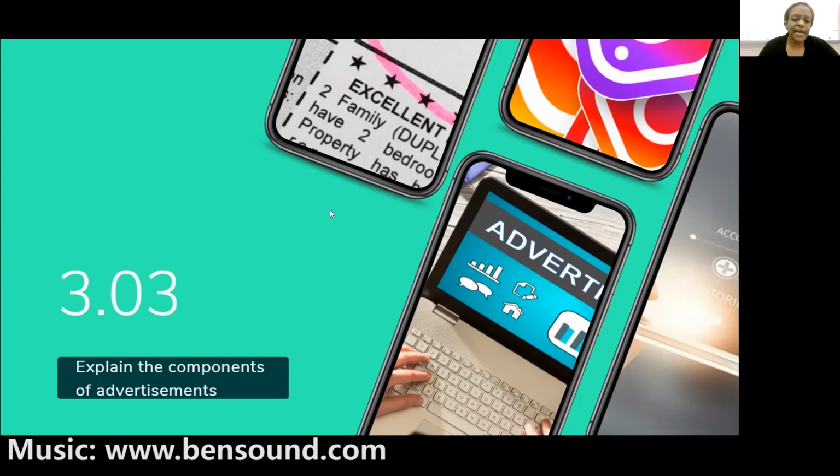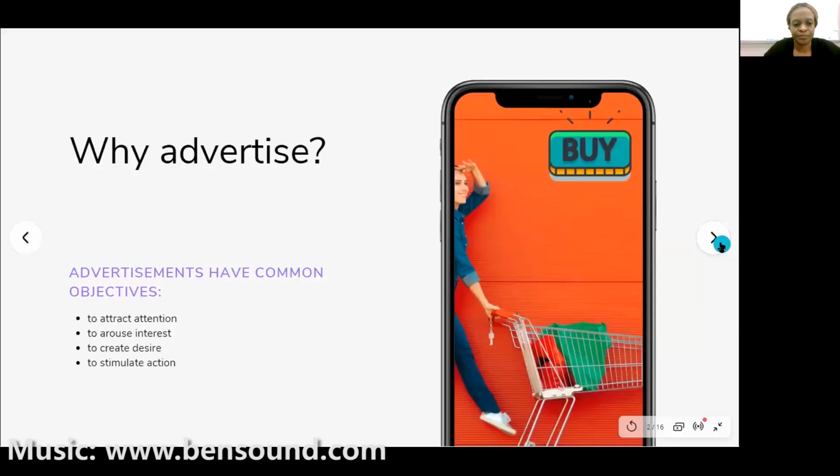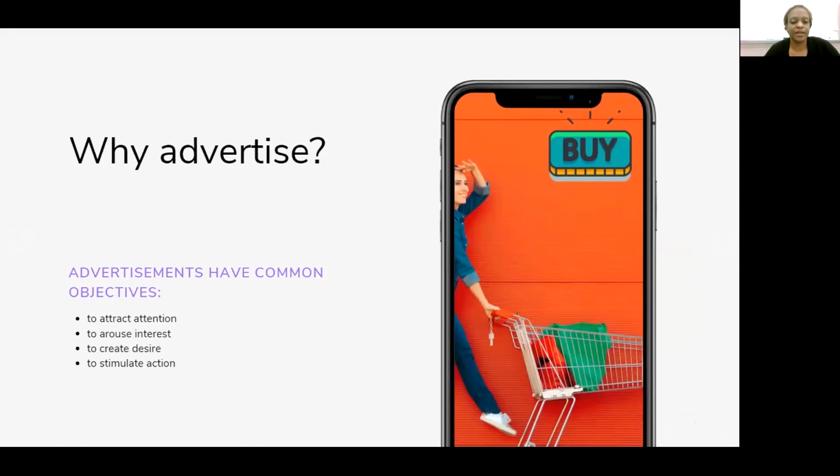So for this section, you will learn how to explain the components of advertisements. So why do you advertise in the first place? These are the common objectives of advertisements. So one is to attract attention. So you want something that's going to stand out and make people stop and read it or stop and look